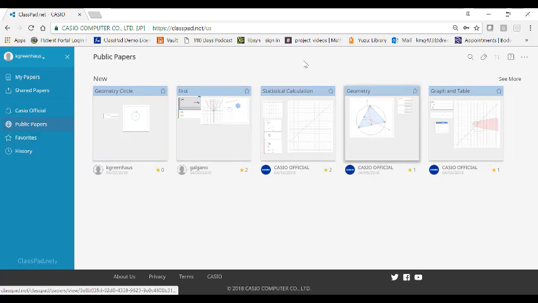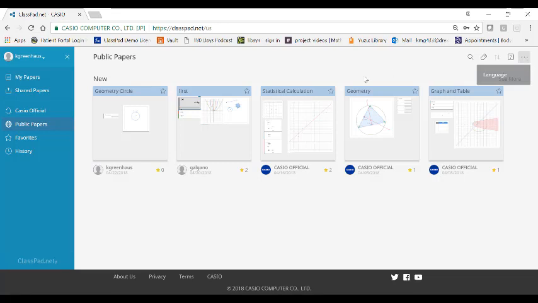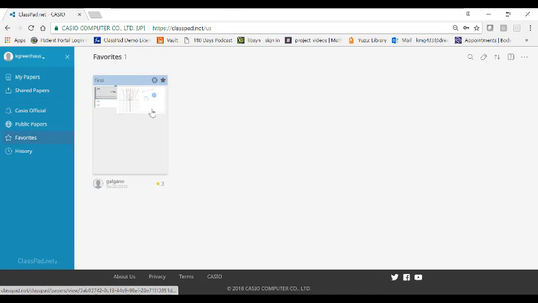So this is where you can see, and eventually you're going to be able to sort them and search for specific things. You can search here for a specific content area, using a keyword. If people have been putting in those tags, that is where you can find it. And then if I really love something here, I can click it as a favorite, and now if I go to my favorites, there's that activity. So you can search for activities once people start really using this program.